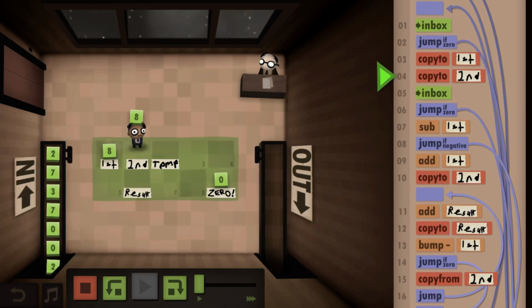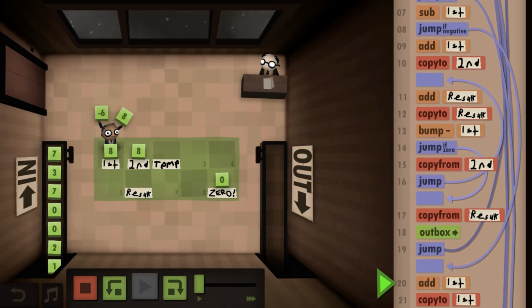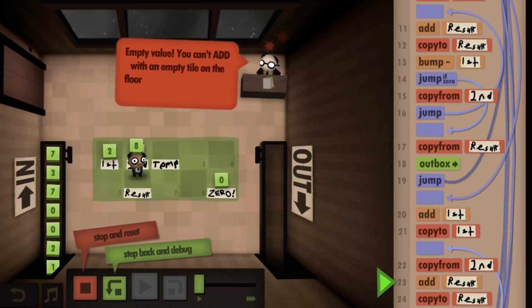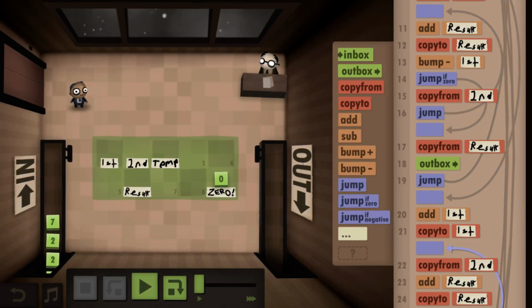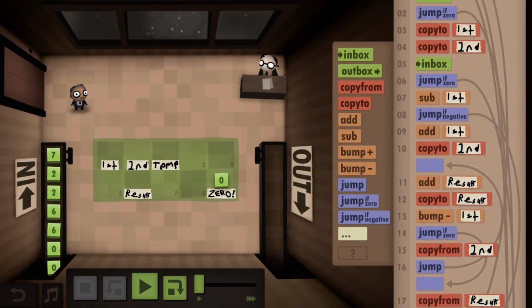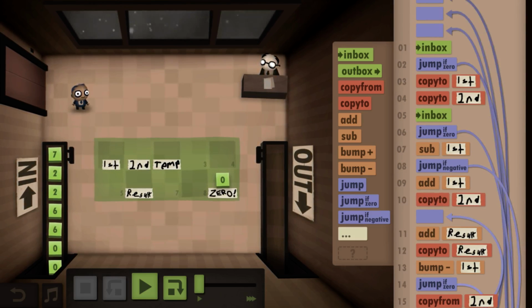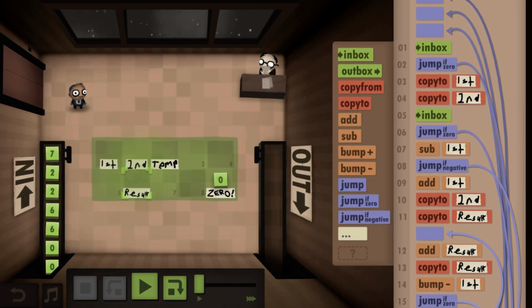We've got an 8, we put here. We've got a 2, we put here. We take this, and when we copy something to second, we need to also copy to result.